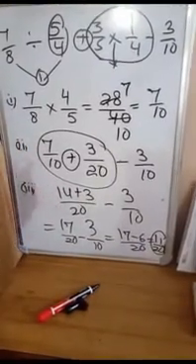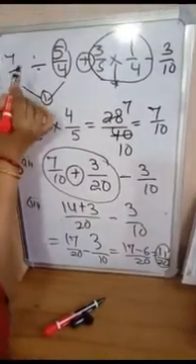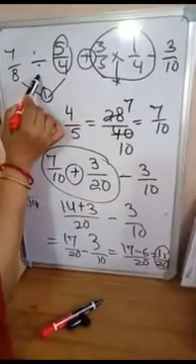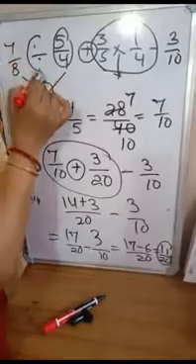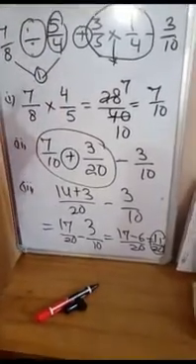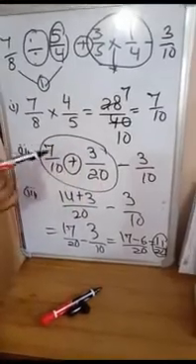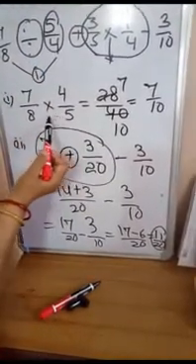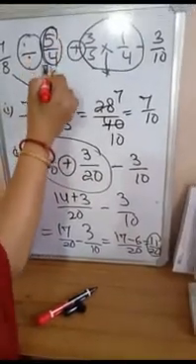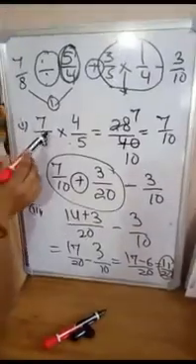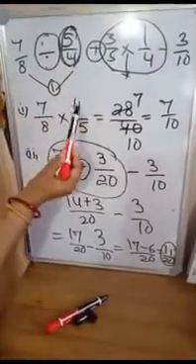What I have done, look carefully. Firstly 7 by 8 divided by 5 by 4. Here the division sign will be solved first. When we are doing division in the case of fractions, let us recapitulate that the division sign will be converted into a multiplication sign, and we have to write down the reciprocal of the divisor. What is the reciprocal of 5 by 4?